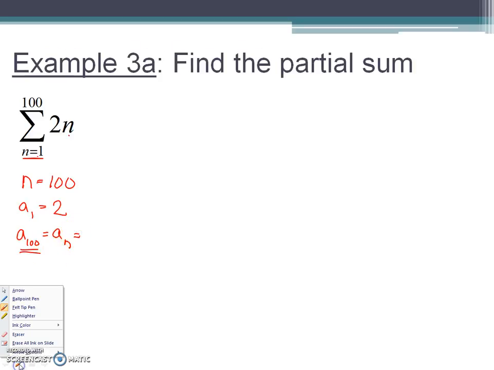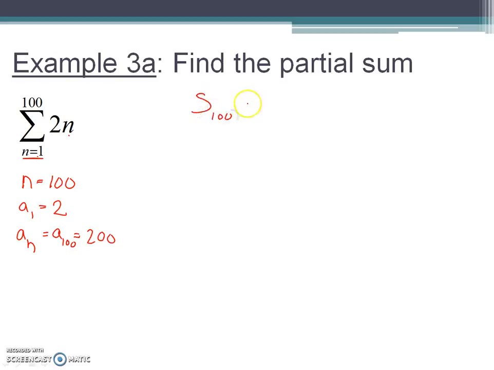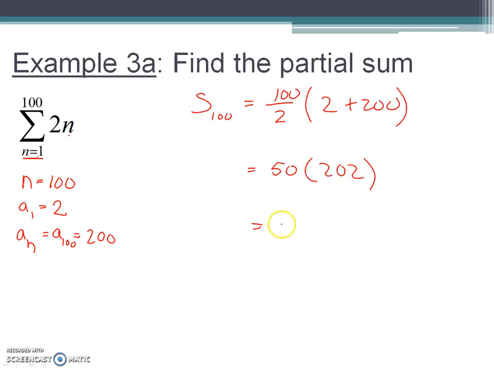A sub n in the formula is the 100th term. So that'll just simply be 200. And now you take this, the sum of the first 100 terms, the 100th partial sum, is 100 over 2 times 2 plus 200. Line it up just like that formula on the previous slide. So this will be 50 times 202. And that will equal